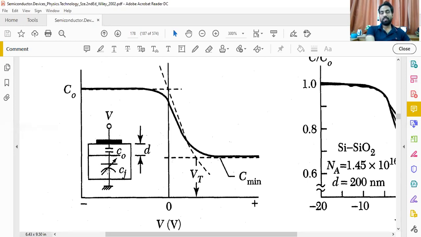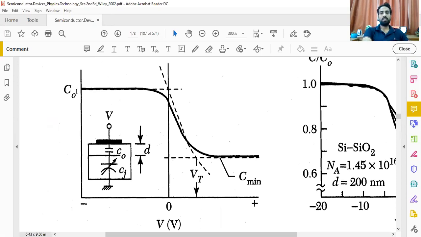And you see here, the Cj capacitance is varying. It's variable because many factors change the concentration of electrons and holes. Once the concentration of electrons and holes changes, obviously the junction capacitance is affected. While we have this C naught as the capacitance of the silicon oxide, the oxide layer that we have here. And it is only depending upon one thing: the thickness of the silicon oxide, which you have initially taken.